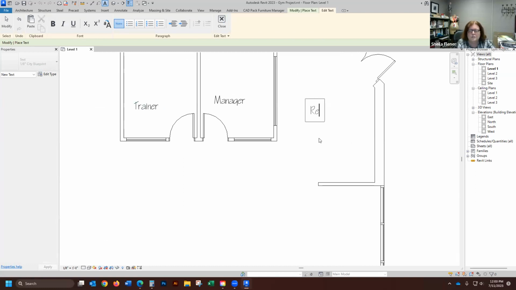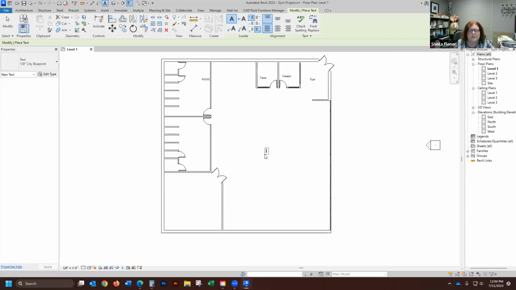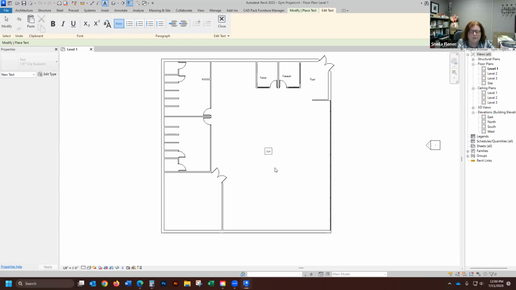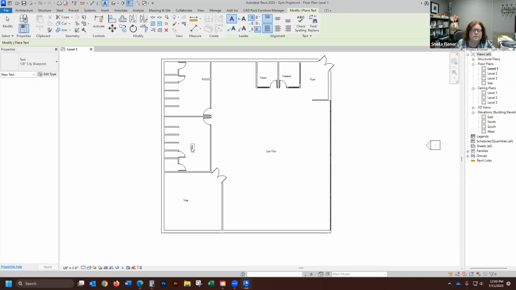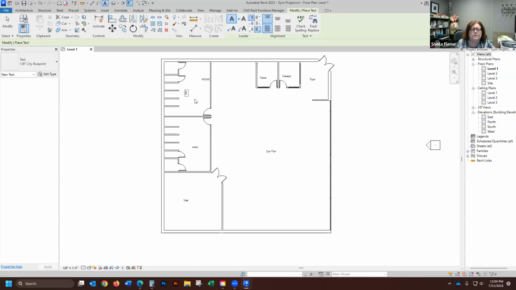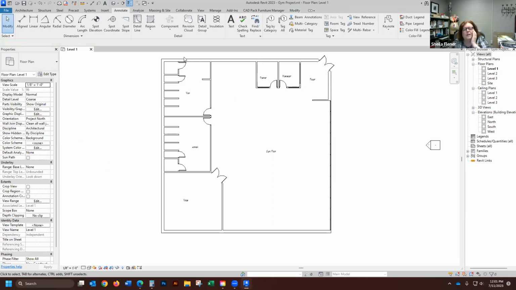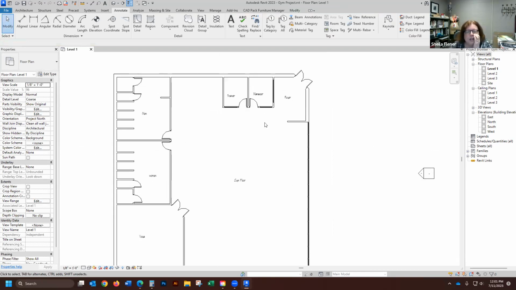Reception, or let's just call it foyer. Gym floor. Yoga. Women. And then men. Okay, so that's how you